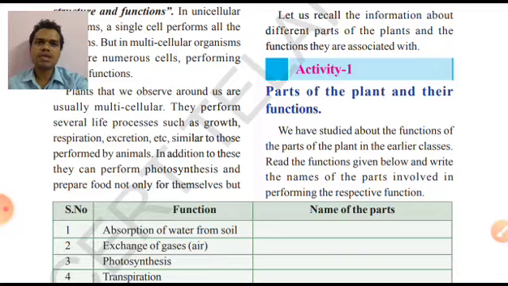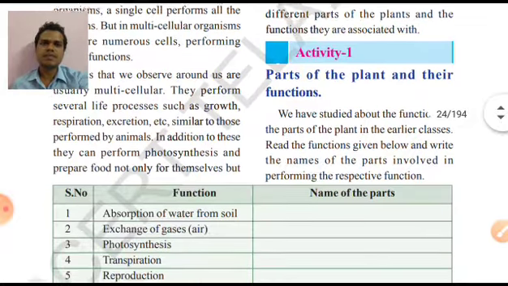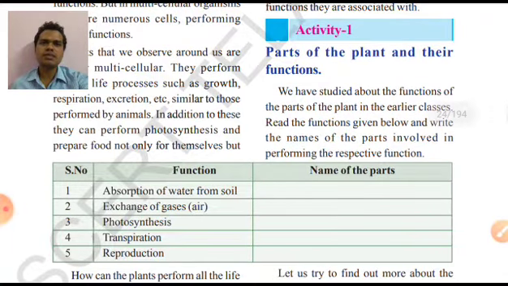So as animals we are performing everything: respiration, excretion, digestion, transportation, and reproduction. Just like animals, plants are also performing all the basic life processes. In addition to animals, plants perform one more life process, that is photosynthesis. Let me tell you that photosynthesis is the basic thing that produces food for all living organisms. If there is no photosynthesis, there will be no life on earth.